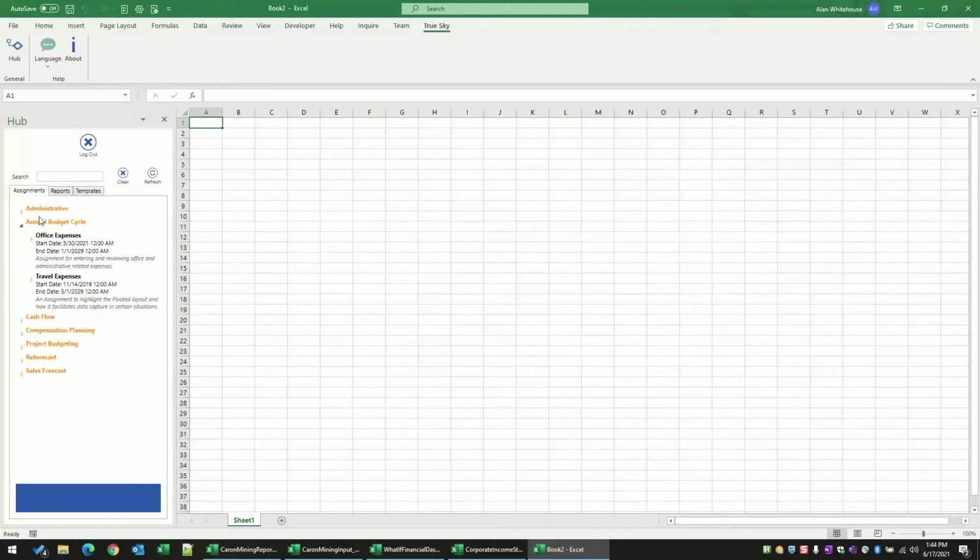Everything we do in TrueSky dynamically renders itself to the individual user based on their security settings and what you've published as an administrator. So you're not having to deal with that pain of emailing out dozens or hundreds of different Excel workbooks, or using a shared drive where you have to tell people, okay, that's your file, you use that one, and you use this one over here, and Mary, you use this one. Again, we handle all of that for you automatically, and end users only have to worry about what they see